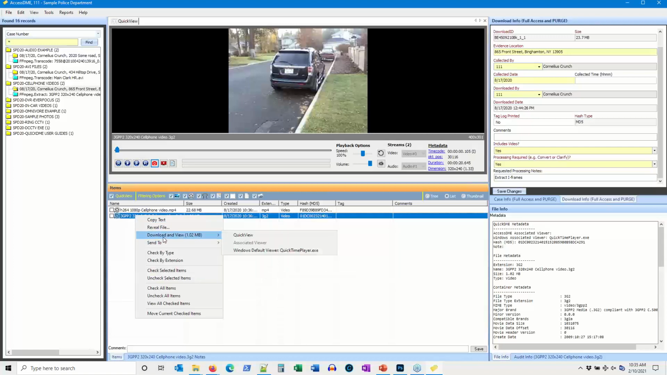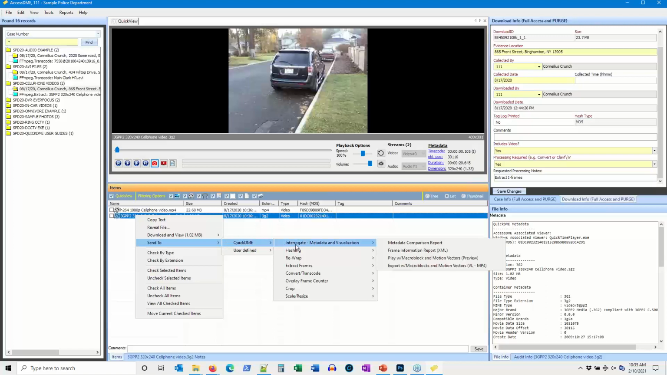If I come down to download and view, I have my QuickView. Because I have permissions, I have the ability to leverage my Windows default viewer. If it was proprietary and had an associated viewer in QuickDME, I'd have all three ways available to me for viewing this file. But the send to menus have been completely reorganized, and you can see here with QuickDME, we